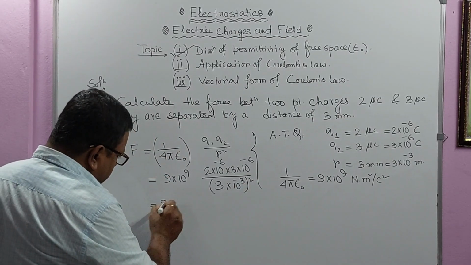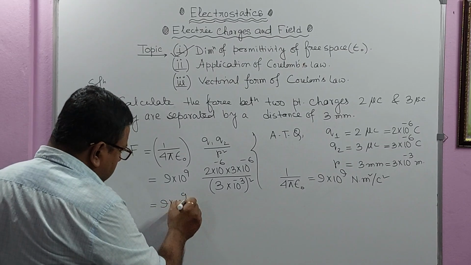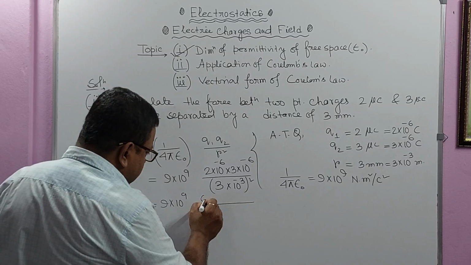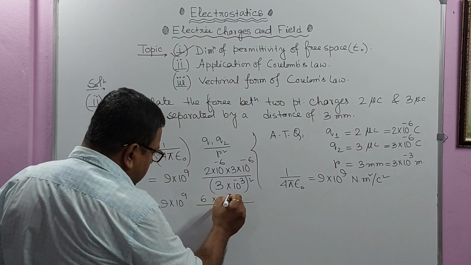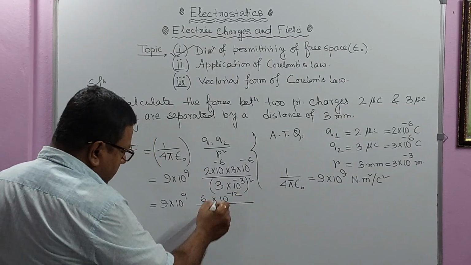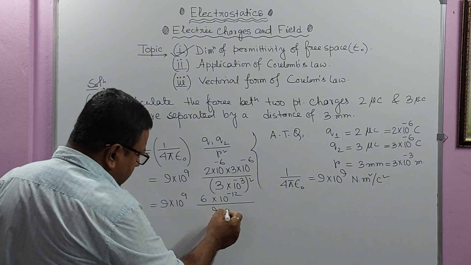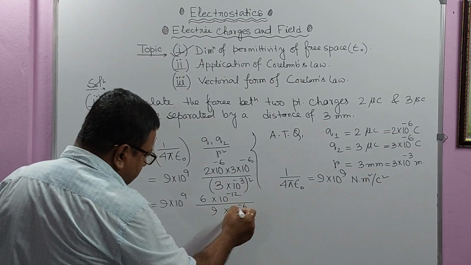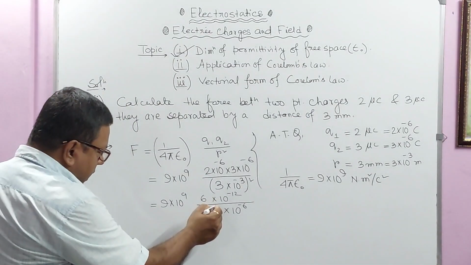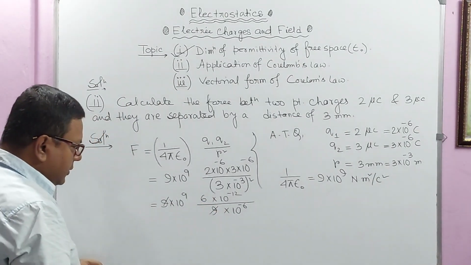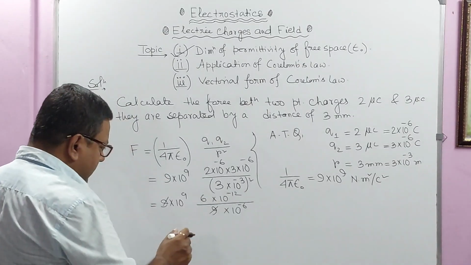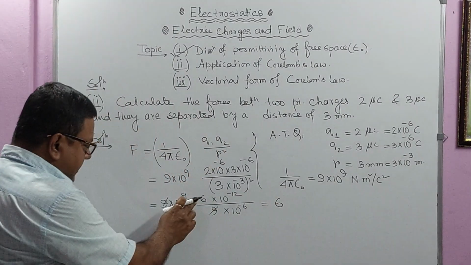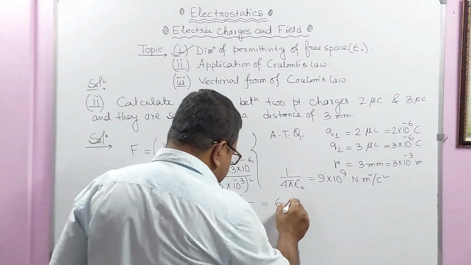So now 9 into 10 to the power 9, then 6 into 10 to the power minus 12, over 3 times 3 is 9, then 10 to the power minus 6. 9 will cancel out, and after simplification we see that it's 6 into 10 to the power 9,